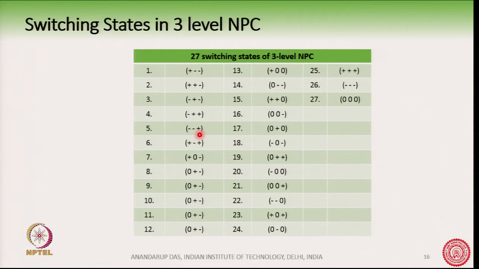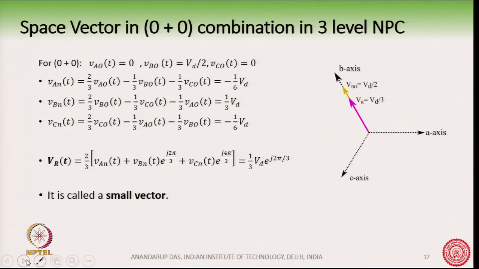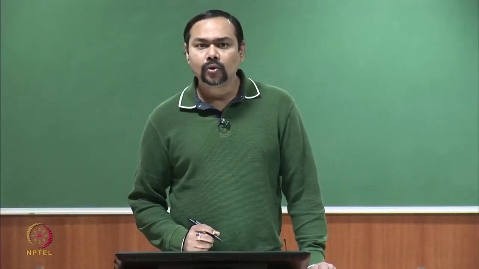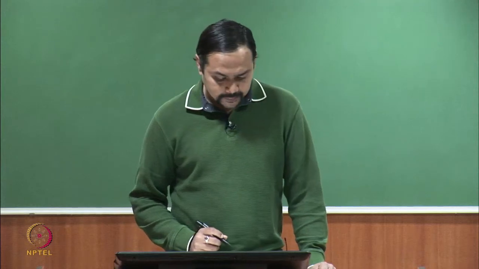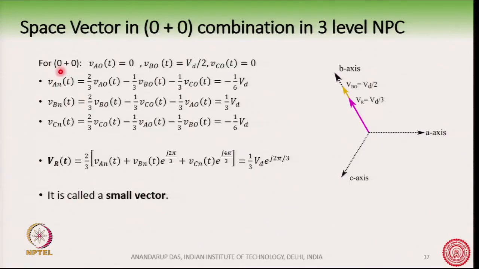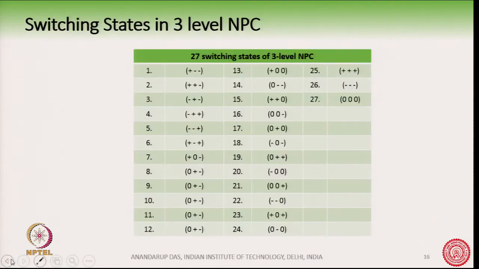So, corresponding to these switching states, we can now draw the space vector diagram. Okay. So, suppose we are drawing the load phase voltage space vector diagram. Suppose we take one of the switching states 0 plus 0. Okay. 0 plus 0 must be